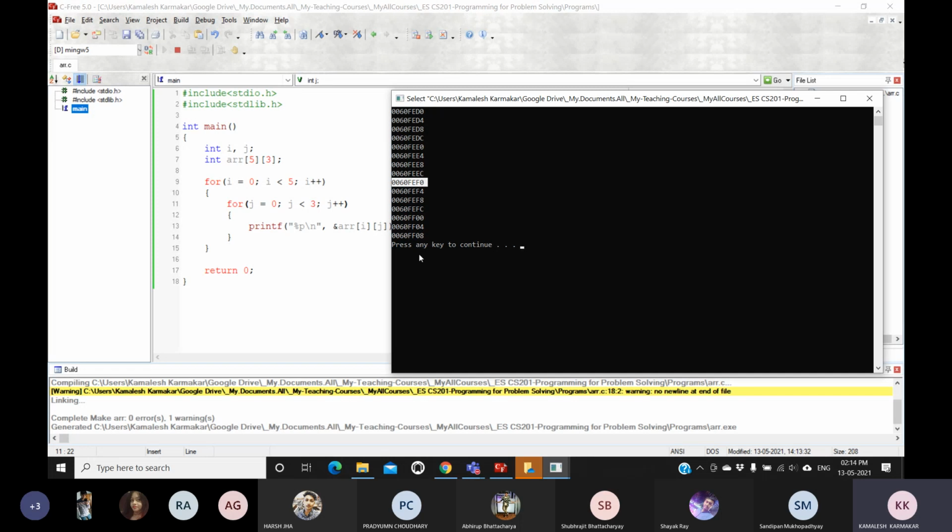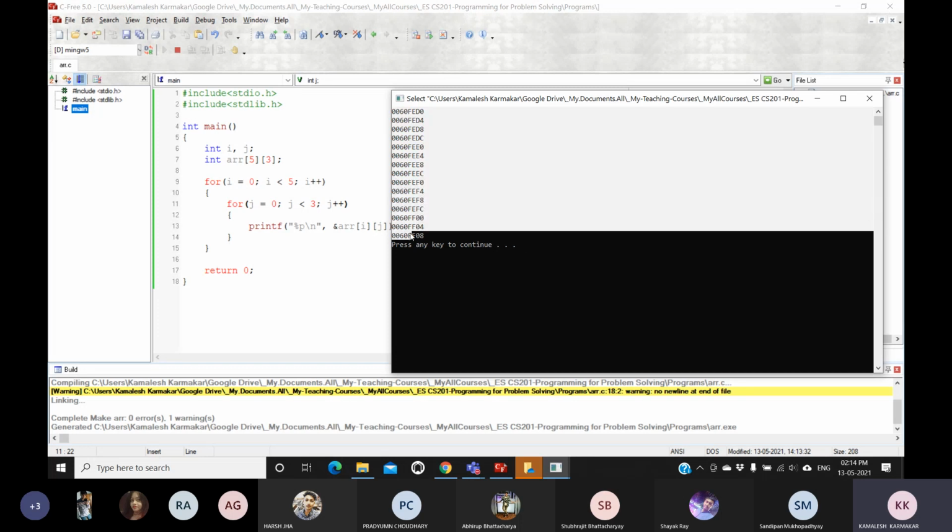You can see that the address which is allocated is a single block, even if the array is two-dimensional. We have discussed row major and column major order. So this is allocated in row major order. The first iteration I equals 0, j equals 0. Second time j equals 1. So the first element is 0 0, then 0 1, then 0 2. Now you can see that the addresses are consecutive, so it's a row major allocation.